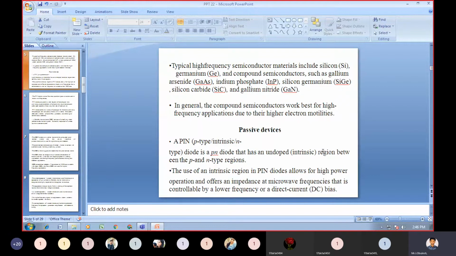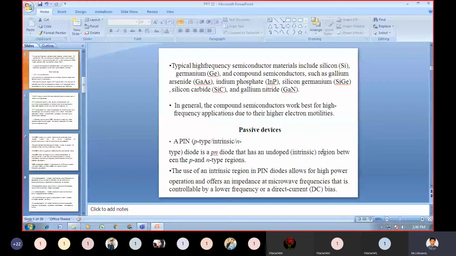With the help of these materials, we will be able to design all these typical high frequency semiconductors. In general, the compound semiconductors work best for high frequency applications